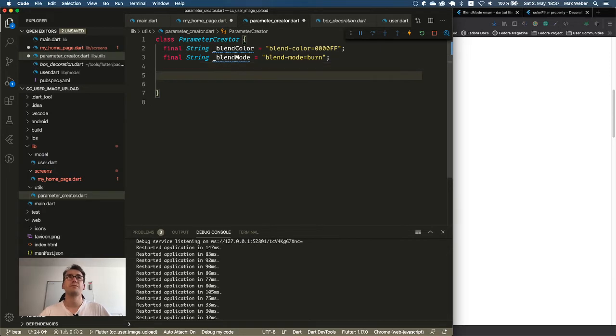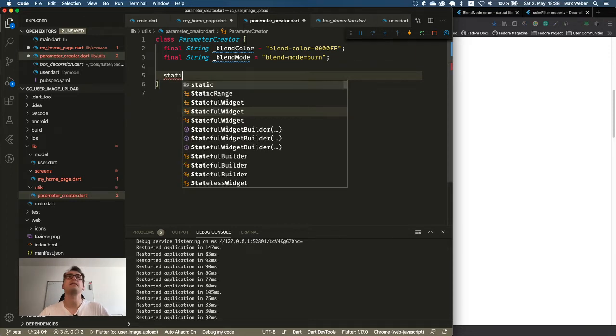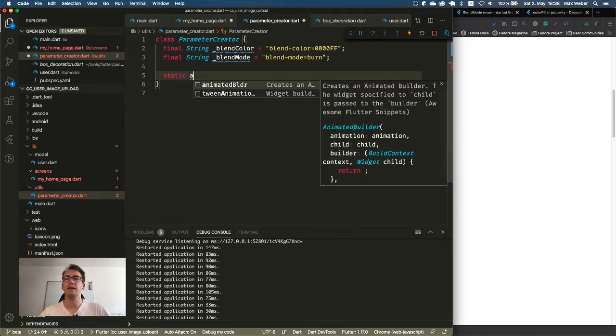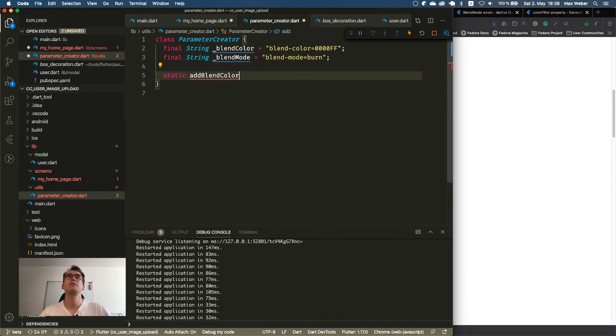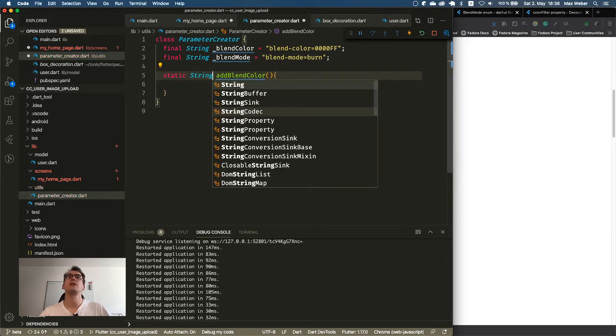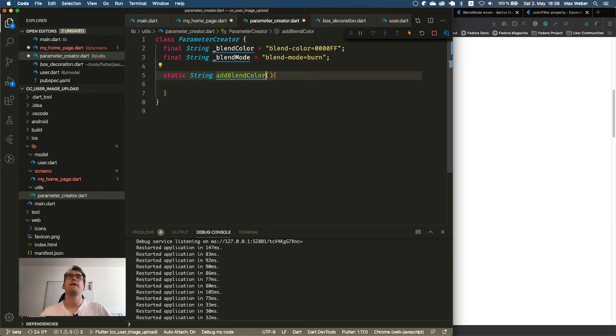So what we want to do is whenever the parameter creator is executed, is that right? So no. What we can do is we add a static function, for example, add blend color, and this returns us a new string. And it will return this blend color here.